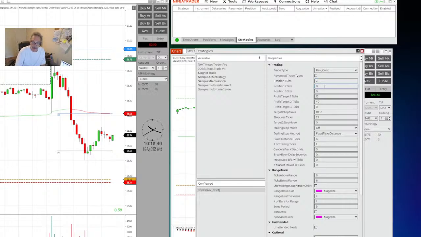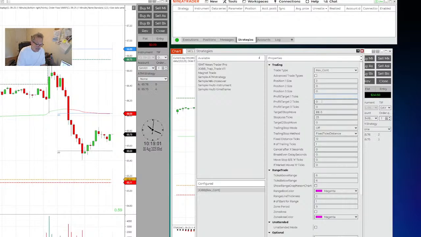It's $1 a contract. Oil is $10 a tick normally. The micro is 1/10 of that, so it's $1 per tick per contract. So 2 contracts is $2 per tick. And I'll do a target of 20 ticks. Let's do 40 ticks. I don't expect that much. And we'll do